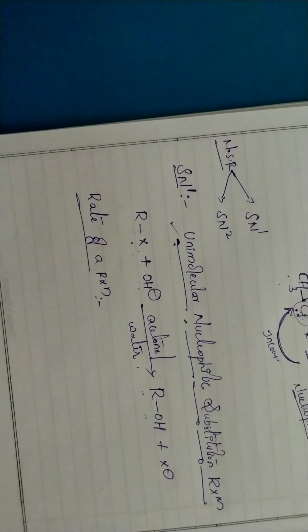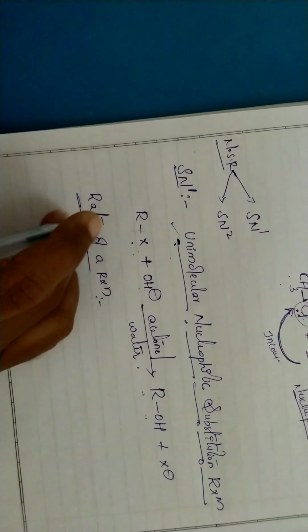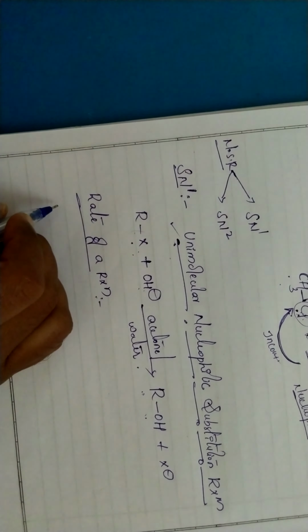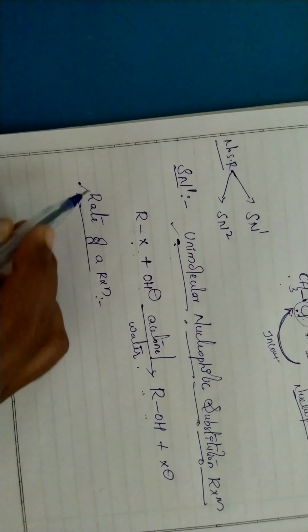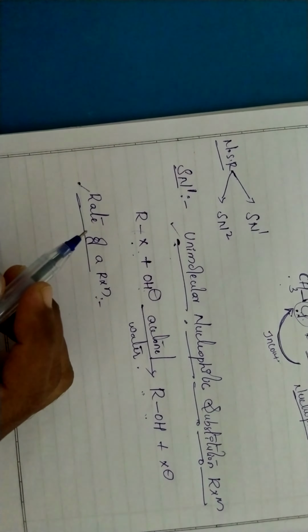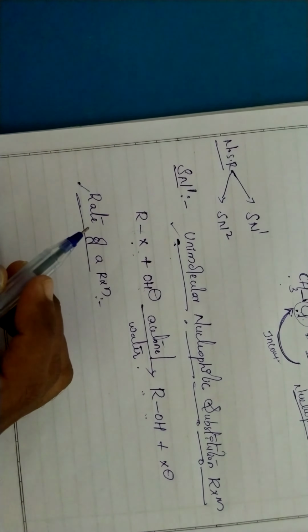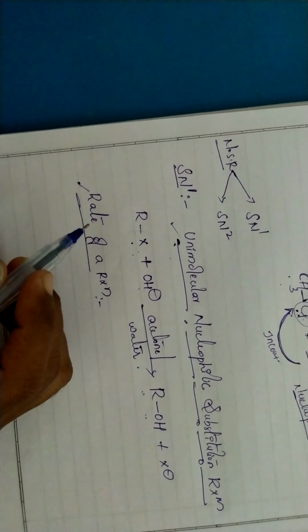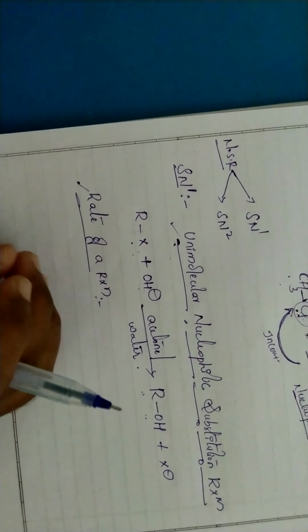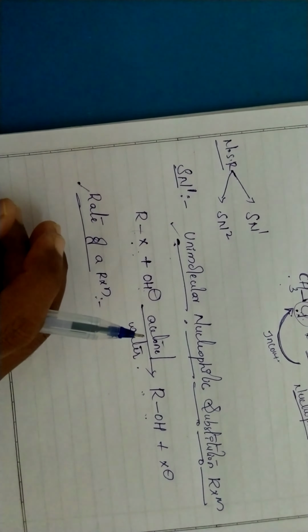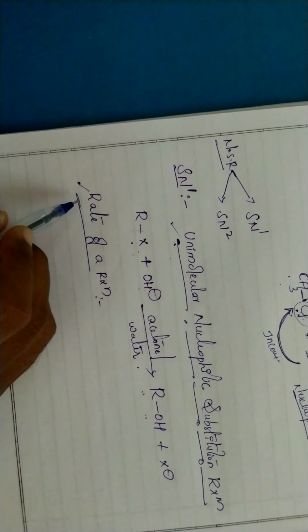Why? Because it means how fast the reaction happened. In the given time, in how many minutes or how many hours the reaction is taking place is given by the rate. That means how fast the reaction is, whether the reaction is going very fast or whether the reaction is completed very slowly, is given by the rate. If rate is slow, the reaction speed is also slow. If the rate is high, the reaction speed is also high. So rate tells us the fastness of the reaction. Whether the reaction happens fast or slow is given by the rate of a reaction.